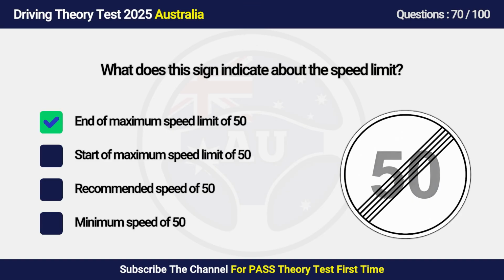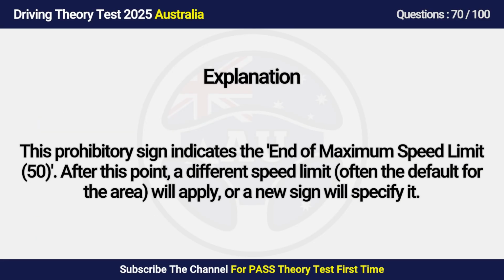Answer is A, end of maximum speed limit of 50. This prohibitory sign indicates the end of maximum speed limit 50. After this point, a different speed limit, often the default for the area, will apply, or a new sign will